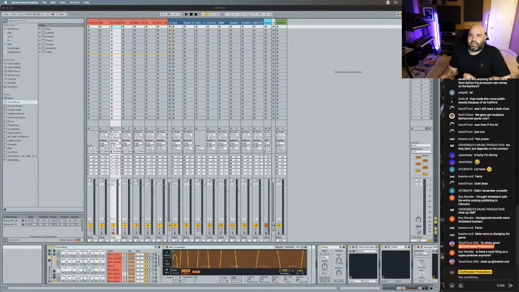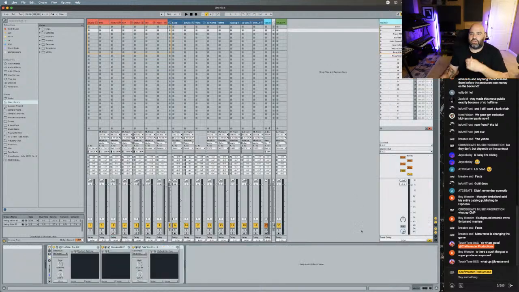I didn't realize, I don't know why I never thought to do this, but you can name the scenes inside of Session View in Live.